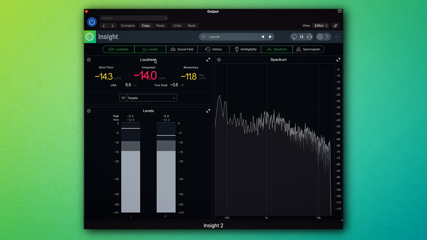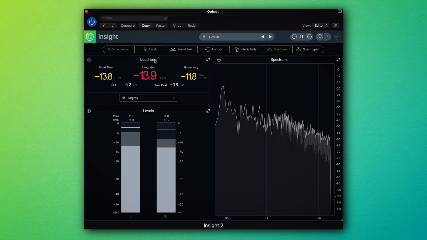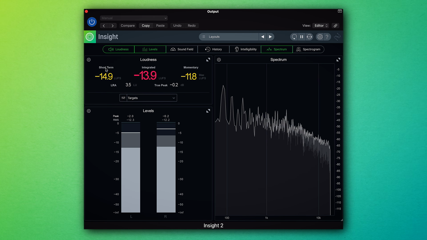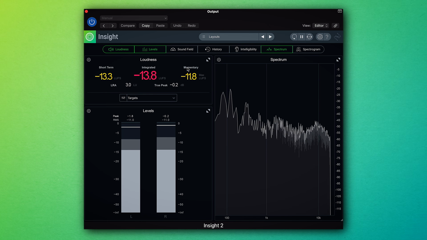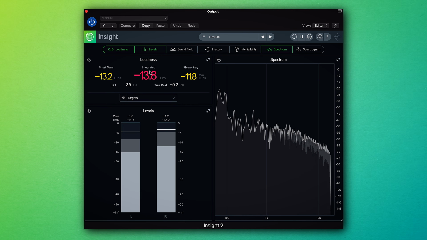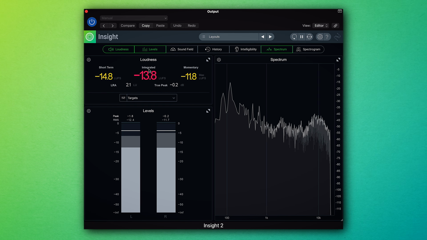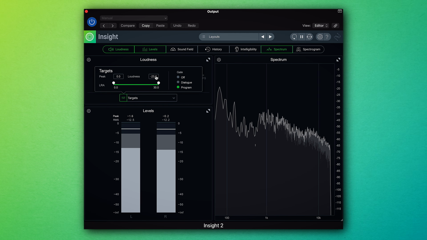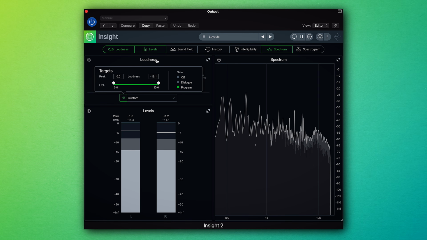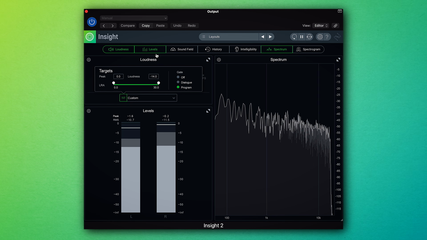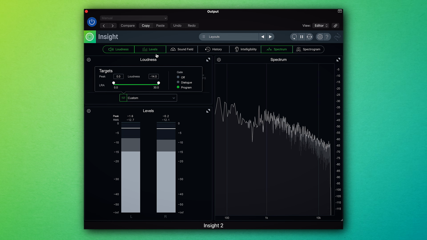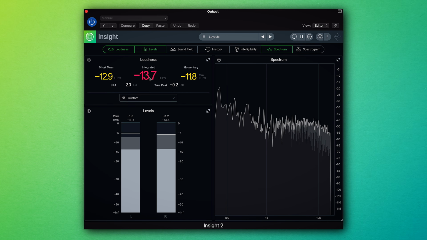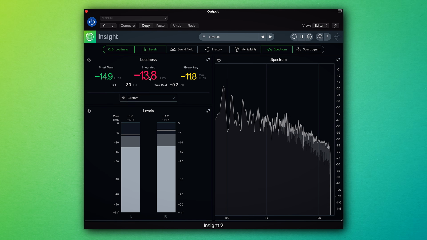Loudness is designed to help us monitor our overall track loudness over a period of time. This is done using the 3 meters: short-term, integrated, and momentary. We're really going to concern ourselves with the integrated loudness level here. We can set the integrated loudness to a target using the menu here. I'm going to set this to -14 dB LUFS, which is commonly known as a significant value when preparing mixes for streaming. Red means that we've gone above our expected loudness, but more on that later.